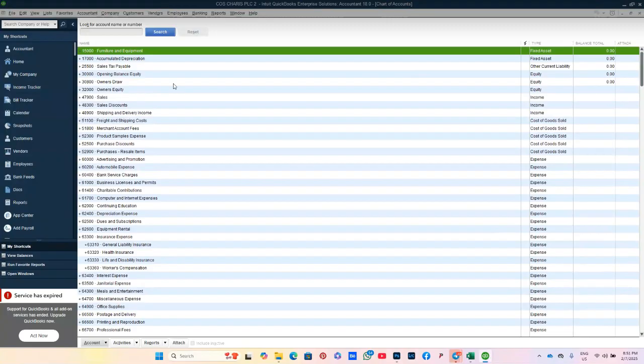It is your responsibility to what? Assign numbers and also to set up the right account, to know which class the account falls in. Is it an expense? Is it an income? Is it an equity or a fixed asset or non-current asset or a current liability? So as an accountant, you are meant to know the account class, because if you select the wrong class,